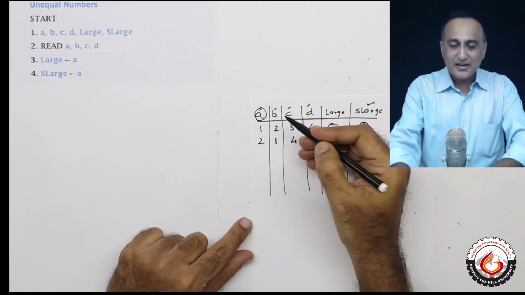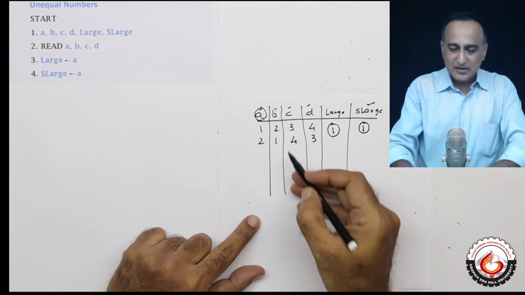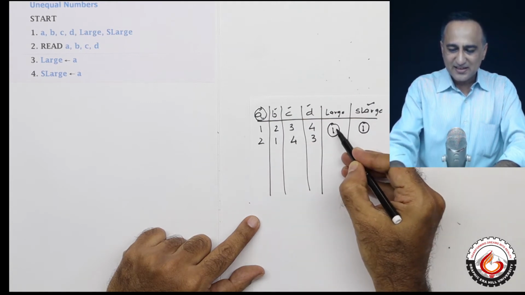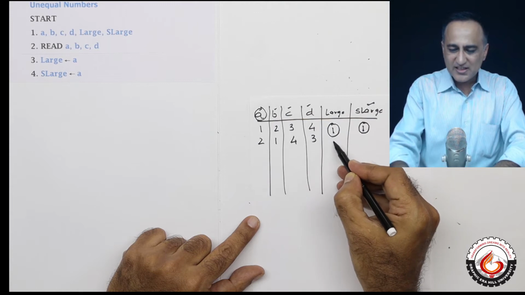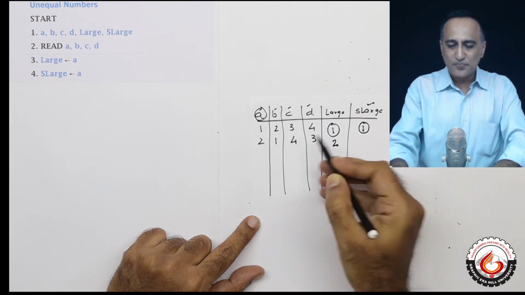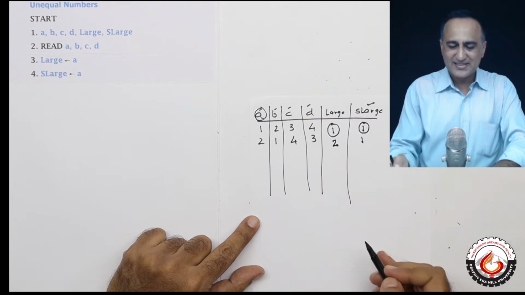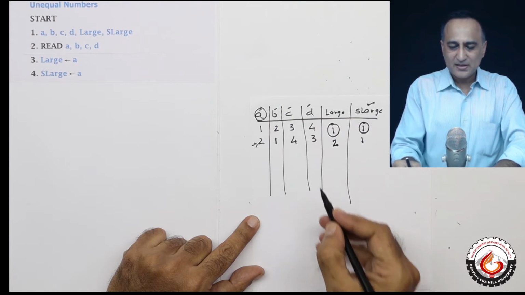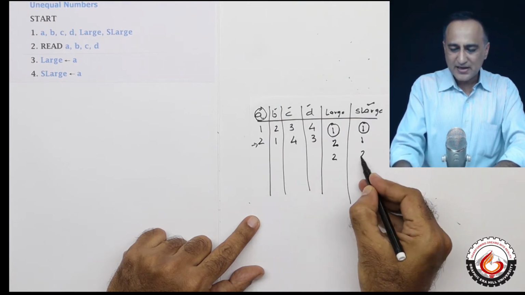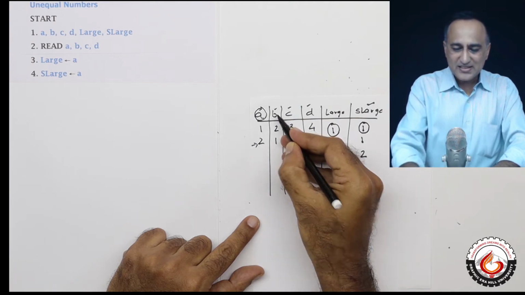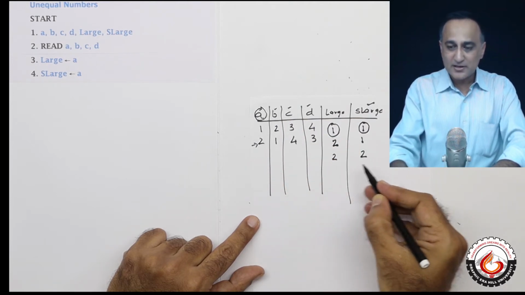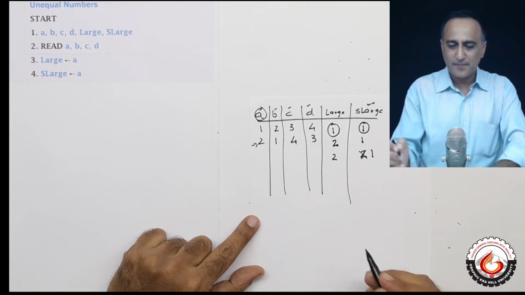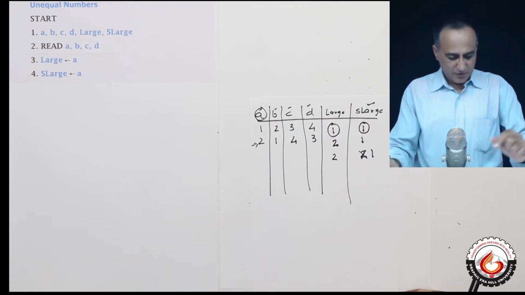Now with B there are two possibilities. One possibility is a case like this where B is bigger than the large. In that case I will only change large and make it 2, and second large will remain as it is. Now there is one more possibility. Suppose I had read this line first. Then my large would have been 2, second large also would have been 2. In this case, B would not have affected the value of large, but B would have affected the value of second large. From 2, this value 1 would have come. So these are the two cases I need to handle.